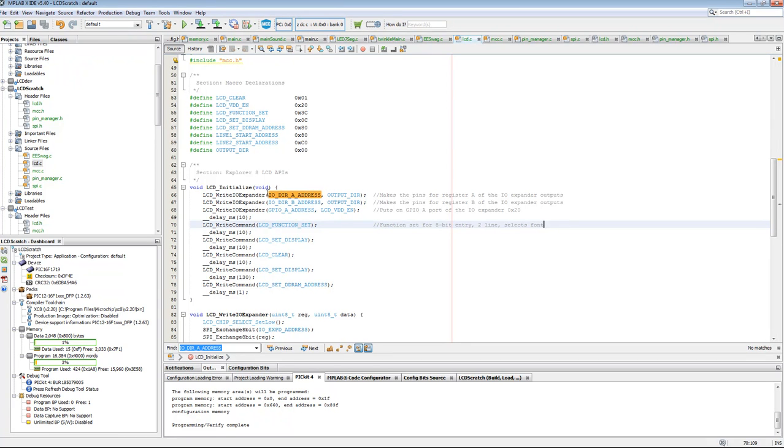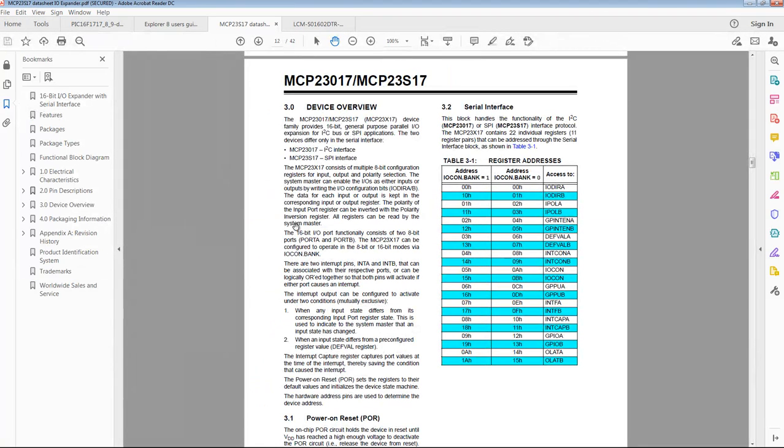So these first two commands, you'll notice, are writing to IO_dir A address, which is, I've added these comments since I posted that. So if you don't have these comments, this might be a good time to add them in your code. IO_dir A is the directional address for port A. And so if we go back to the data sheet for that IO expander, right here, you'll notice that